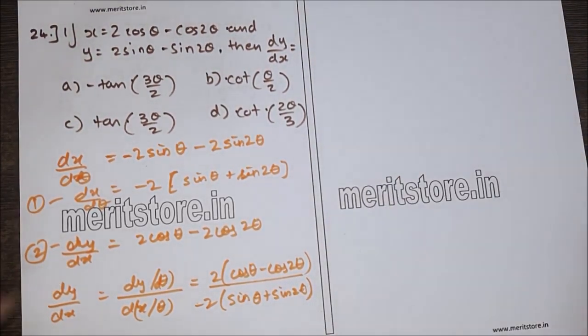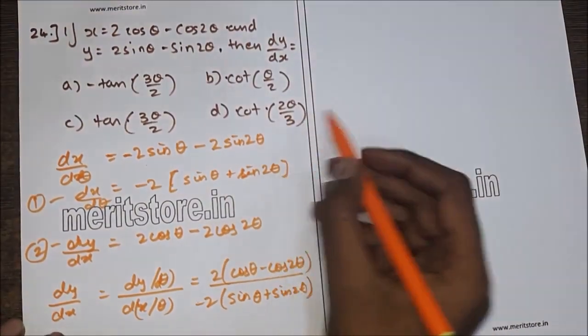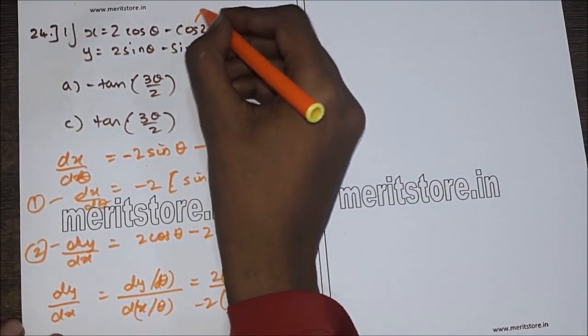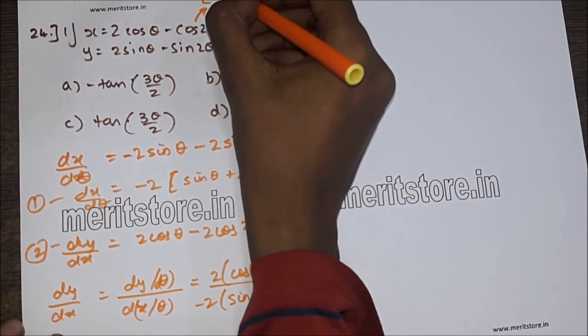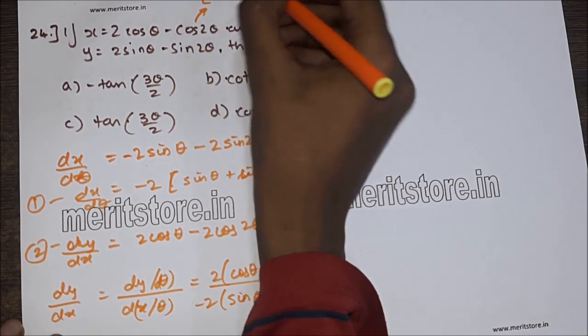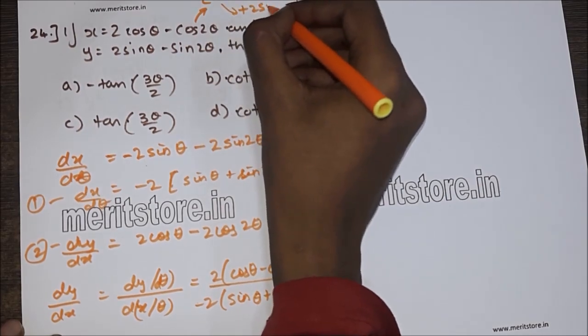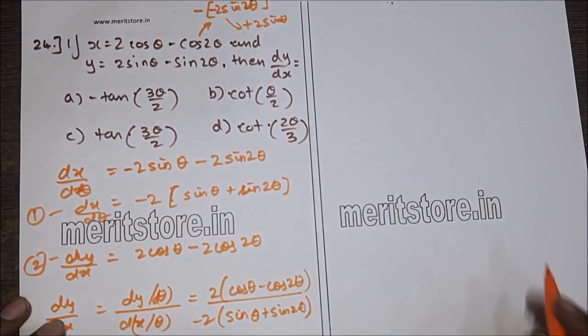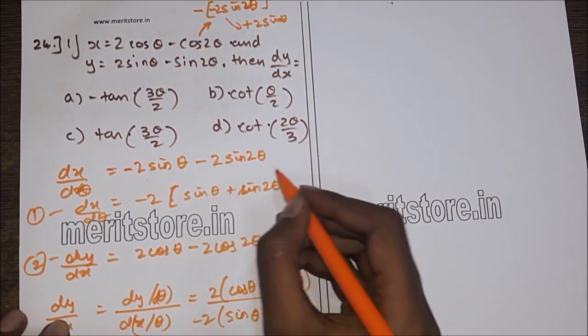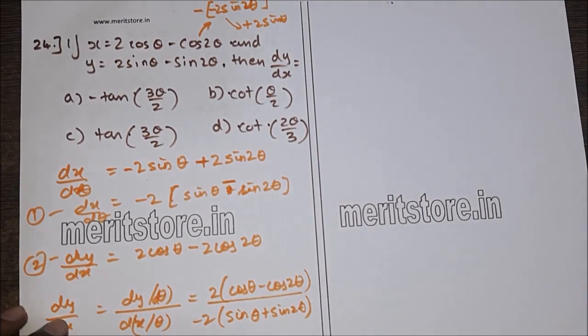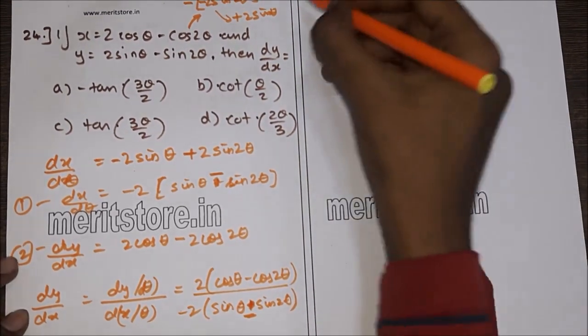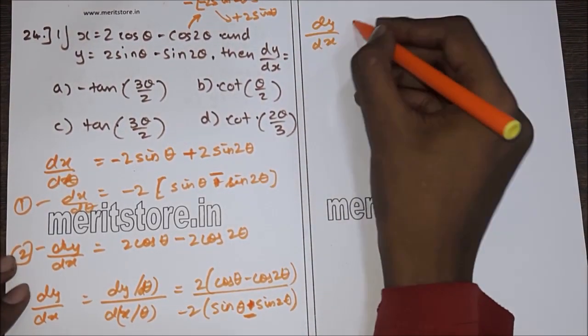There's a correction here. The differentiation of minus cos 2 theta is minus of minus sin 2 theta times 2, which gives us plus 2 sin 2 theta. So this is minus and this is plus here. So we have minus here. So continuing, we have dy by dx equals